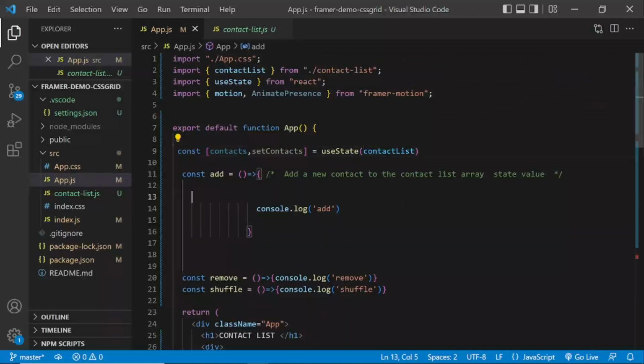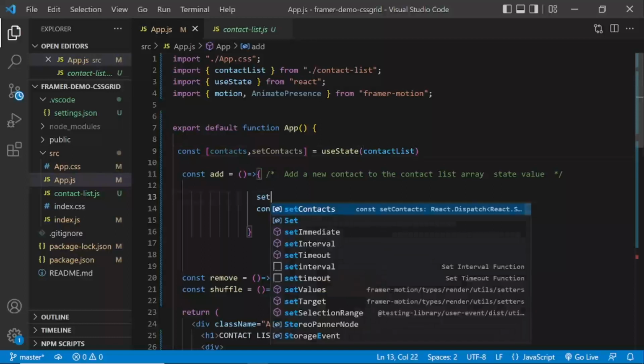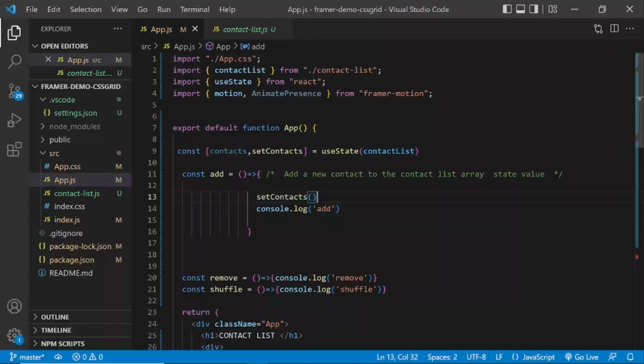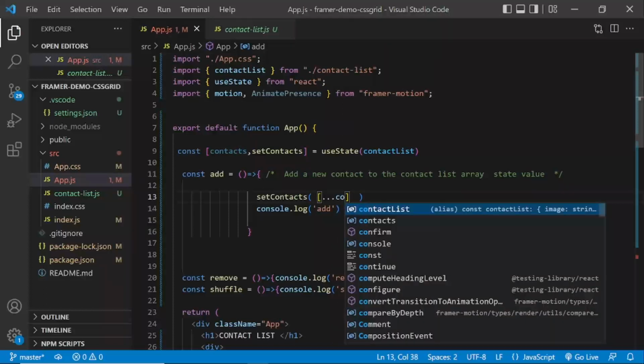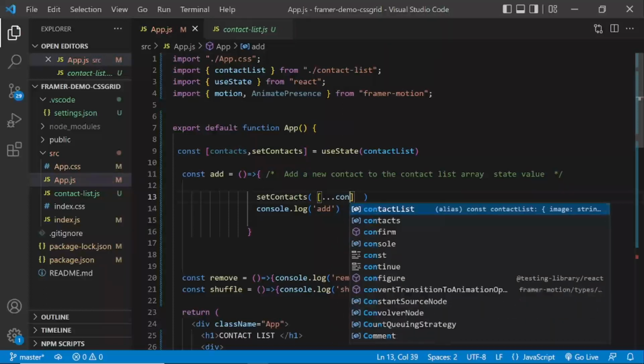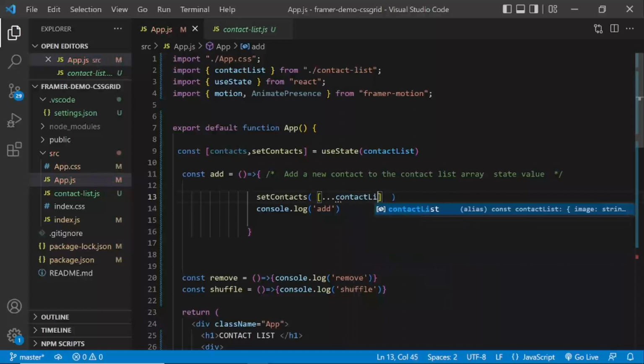In our add function, we're just going to say setContacts, open close brackets, and here we're going to have open close square brackets, and within there we're going to say dot dot dot, using the spread operator on the contact list, and then a comma.